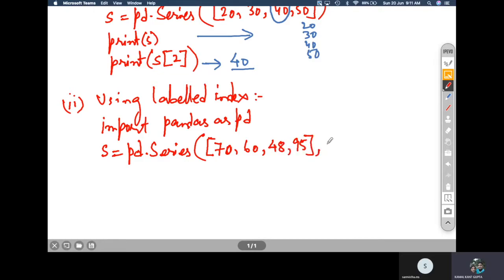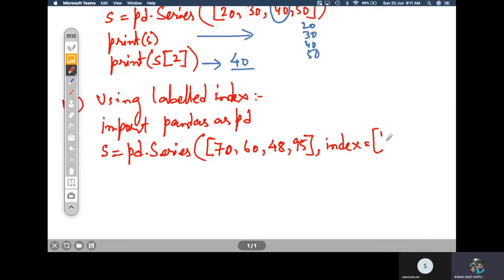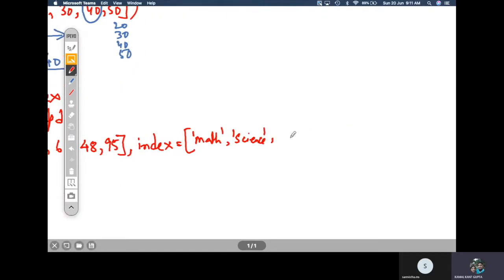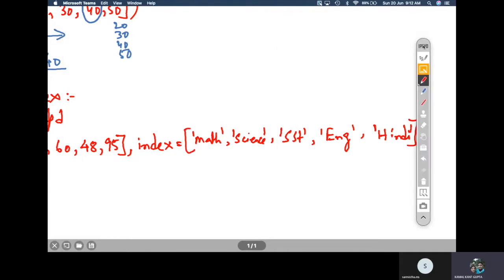And these are the labeled indexes, the subjects in which the marks were obtained. The first one is math, the second one being science, and so on. The third one being SST, the fourth one being English, and the fifth one being, for example, Hindi. So this is what we have.